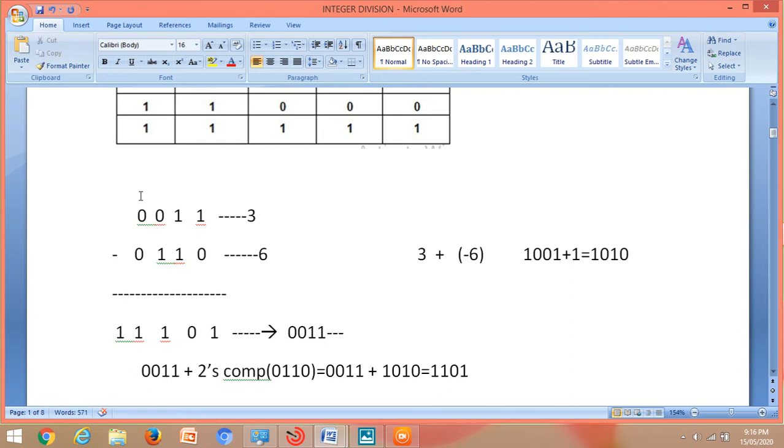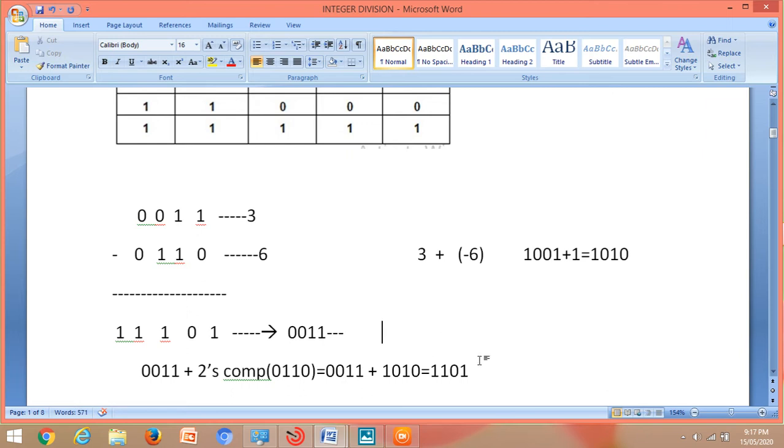But we don't have any 1 over here, so as to take the borrow. So again what it will be? It will be 0 minus 0 minus 1. The answer is 1 and the borrow is taken ahead as 1. Of course we are ignoring this particular borrow because our answer is a 4-bit answer. Therefore as an answer we are getting 1, 1, 0, 1. But this answer is in the negative form. So again to get the actual magnitude you have to take its 2's complement and the 2's complement will be 0, 0, 1, 1. That is nothing but 3.